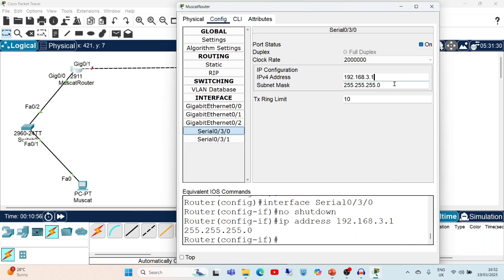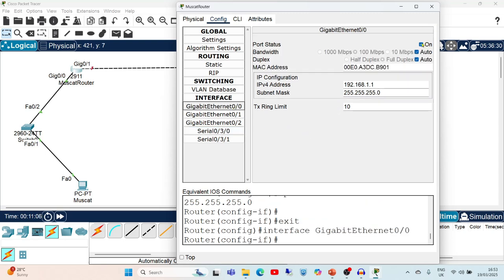Once you click here, the subnet mask will get automatically generated. And don't forget to switch on this cable. Here also for gigabit Ethernet, you have to switch it on and enter the IP address. Now we have set the IP addresses for this router.